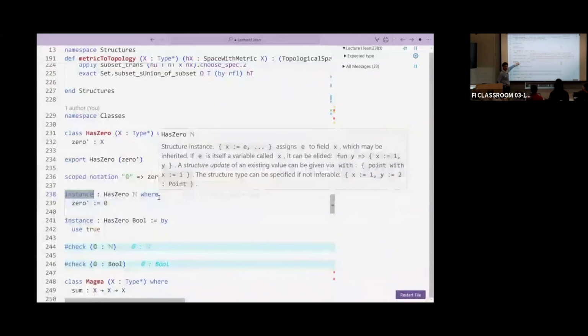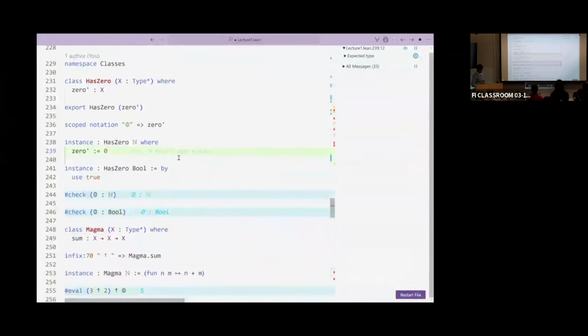You don't actually need to provide it a name. Lean will cook up a name for you. You can come up with a name, and I will do it later on, but otherwise you are providing this term. You're putting this term into the database so that each time Lean looks for a term of type HasZero Nat, instead of a wild goose chase, it will go into the database and find this term.